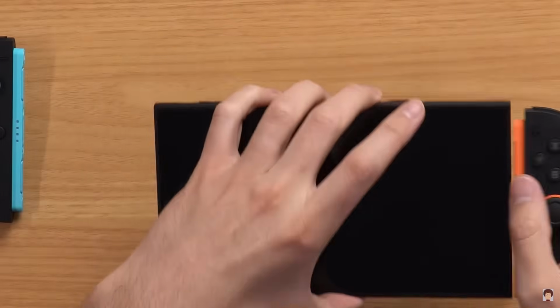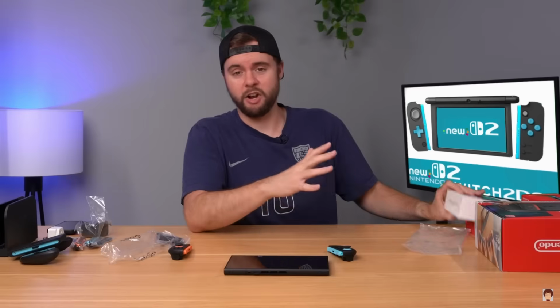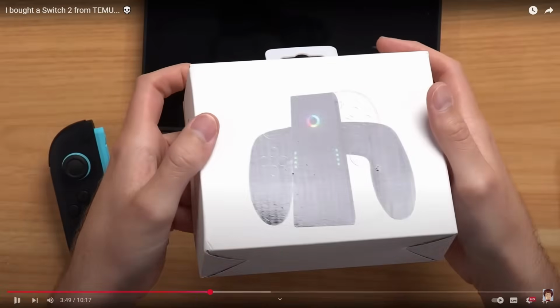Let's go ahead and see if they click into our console. That clicks there. That clicks there. Okay, that's good to go. And it's probably a good time to try out our gaming and charging grip. Yeah, you know what? Forget about all these things. I want to make sure that it works. Look at this, it's...